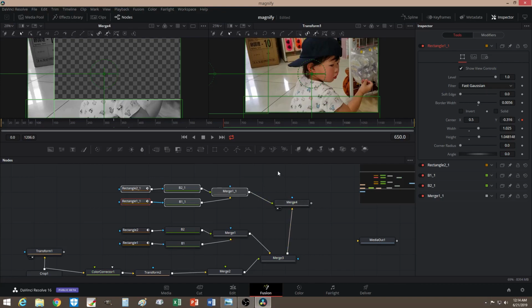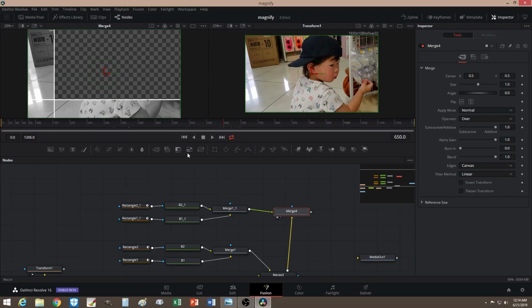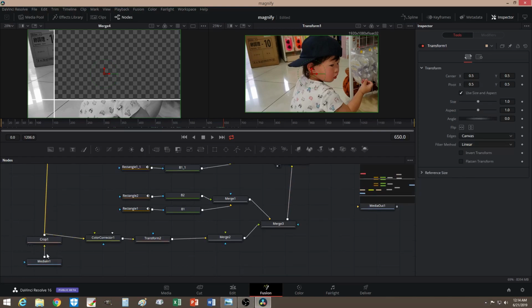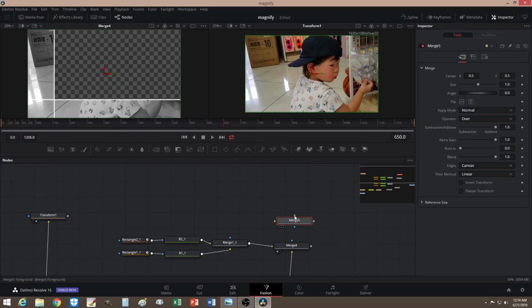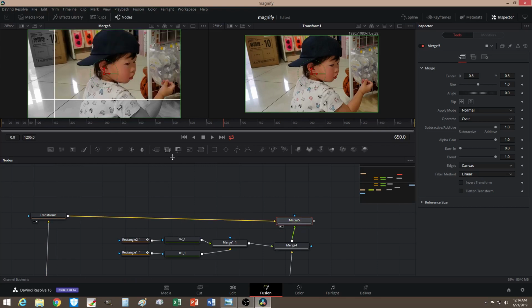Okay, now you want the color one to be on the background here. So now let's add another merge right here and bring this one up. So remember, this is the color and this is the black and white. So we're gonna bring the color to the background. So from here, this is gonna be the foreground. So let's find the foreground. So let's bring this to the foreground and bring this to the background. Now bring this to view. Now you have